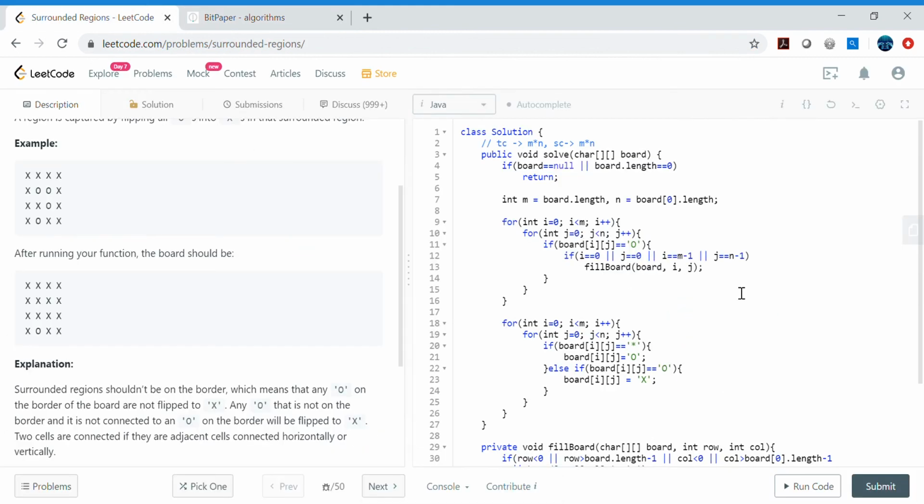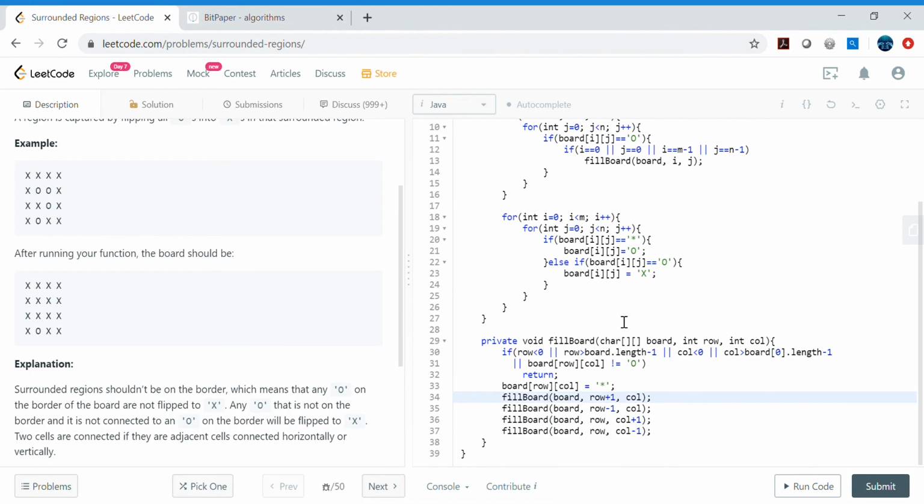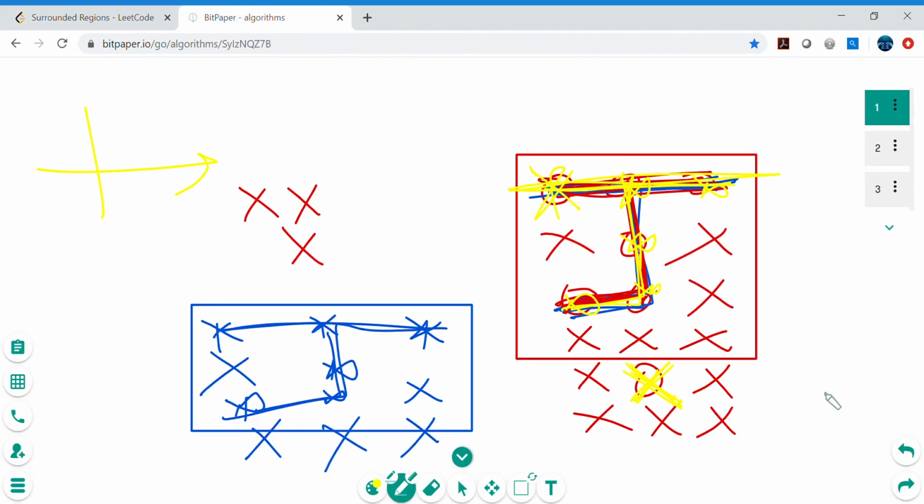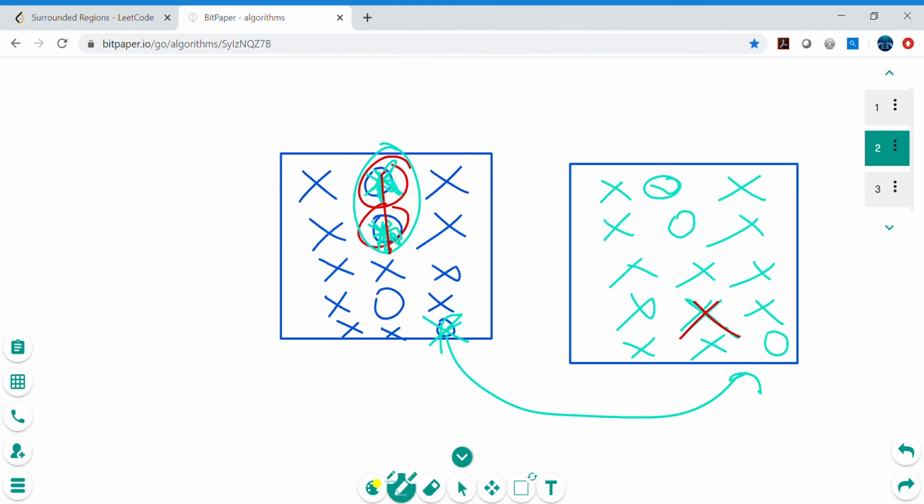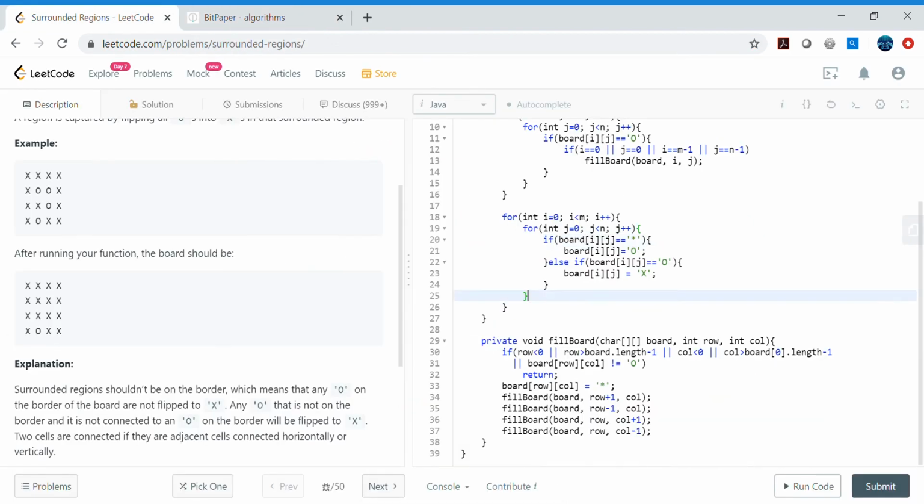Upfront we know that we are updating with a star, so we know these stars are already on the boundary, and we change them back to O, right? Then whatever O is remaining, that did not get updated to a star, we update to X here. So that's the crux of this problem.